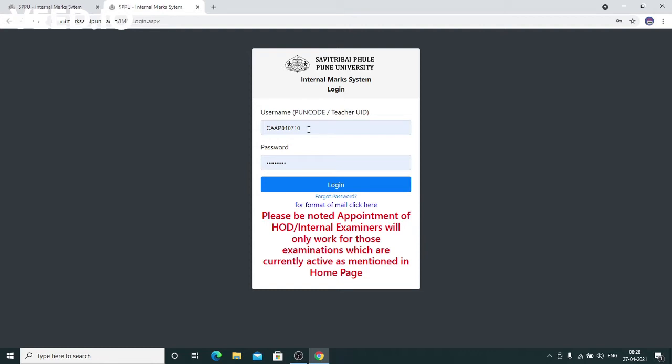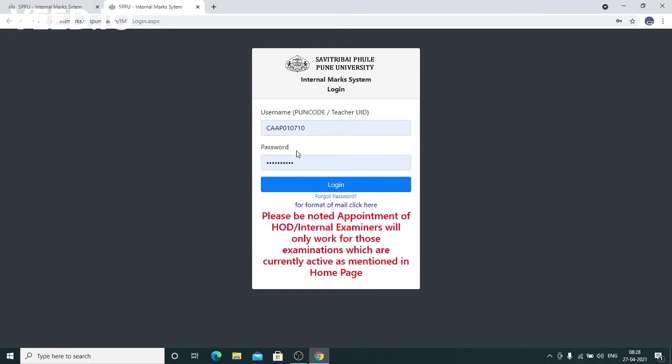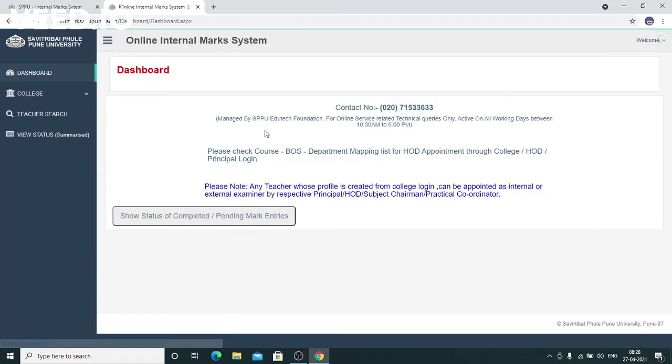In that login, in the username, type the PIN code of your college and also type the password. After filling the username and password, click on the login option. Once you click on the login option, the college login will open and you can see